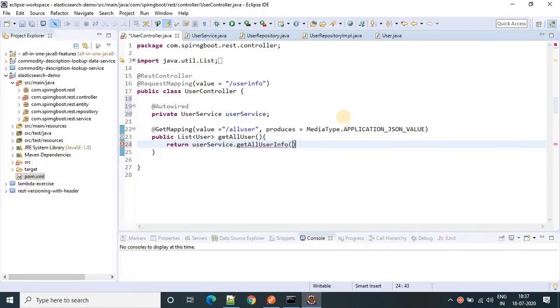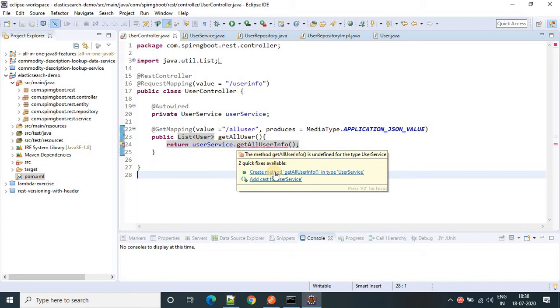Okay, so create a method inside the service class.